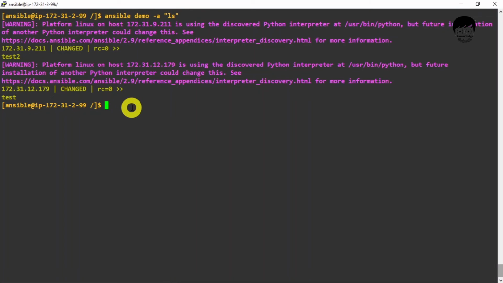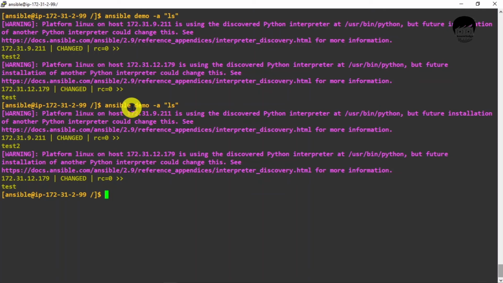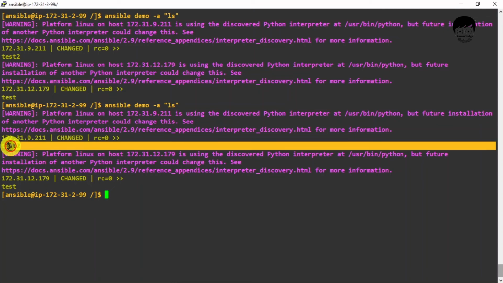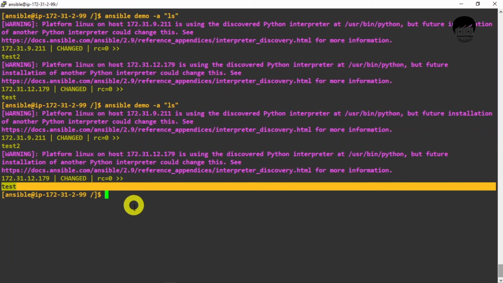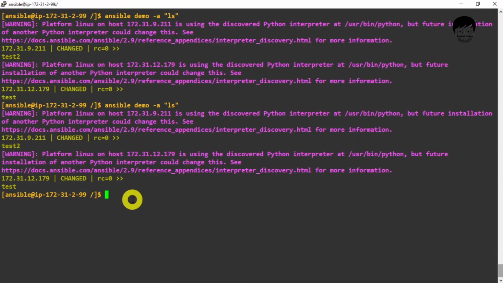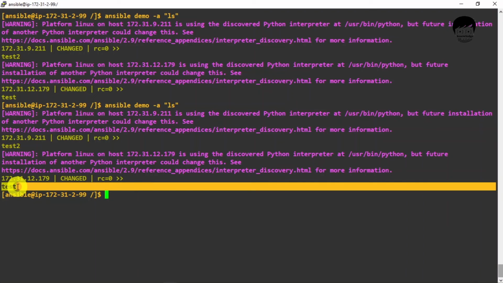If I execute the same command again, it will execute it, because it is not a smart agent. Whatever task you assign to ad hoc commands, it will do it. It will never show you that these files were created previously. It will just override. If I create a file in node 1 with the same name test, it will create it, no issue.